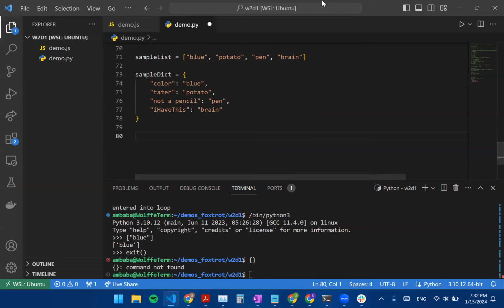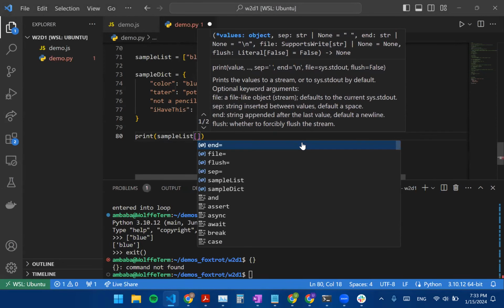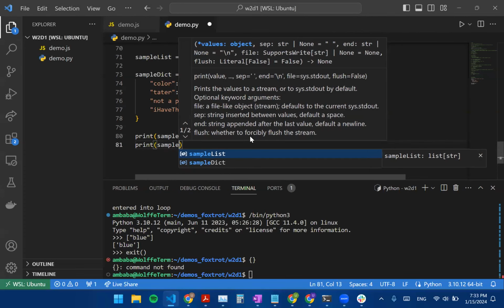But let's see, I'm trying to think about what the easy way to do this would be. The difference between these two is, let's say I wanted to find potato in sample list. So we could print sample list, and potato is the second element, 2 minus 1 is 1, so it's at the first index. So we print sample list 1. And that should give us potato. But for sample dict,